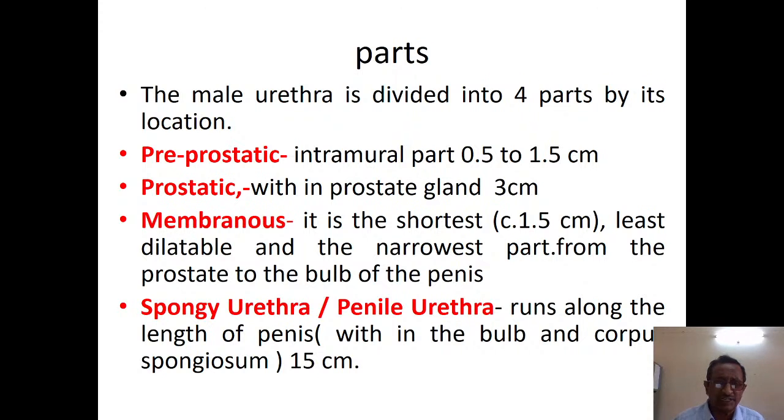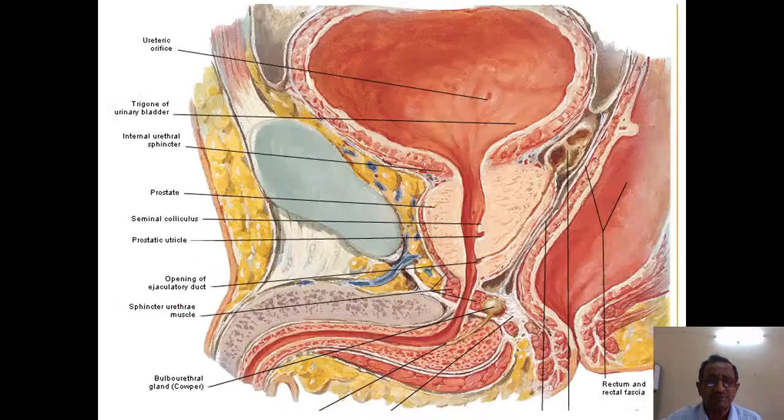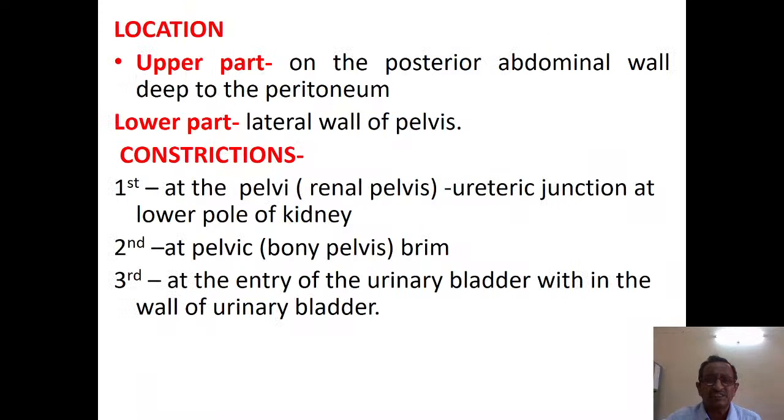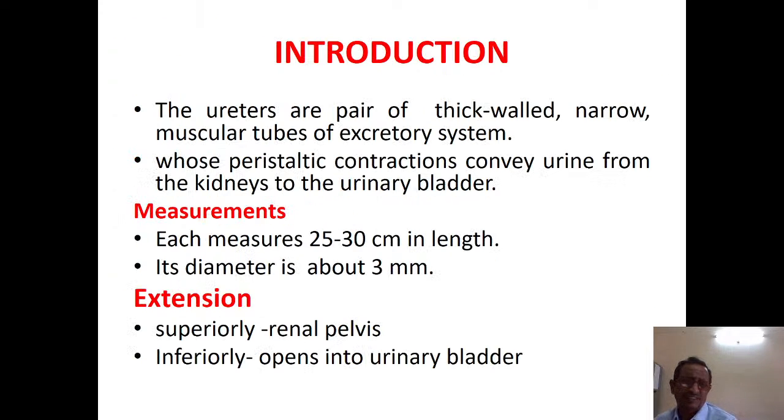In the male urethra, you have four parts: pre-prostatic, prostatic, membranous, and spongy urethra. That is the penile part. Whereas the ureter starts from the renal pelvis and ends in the bladder,